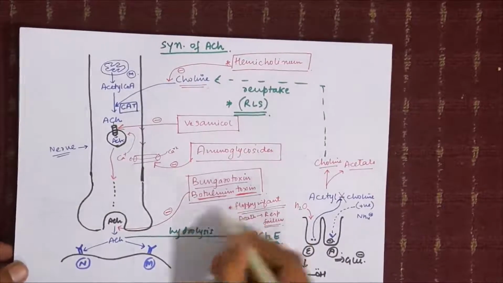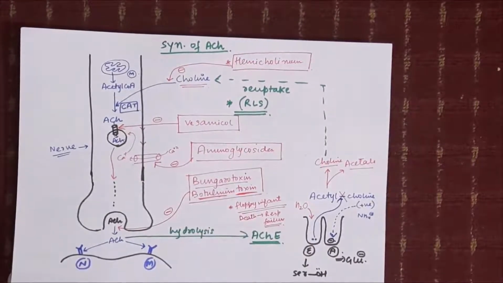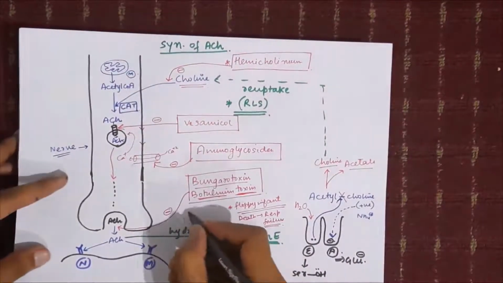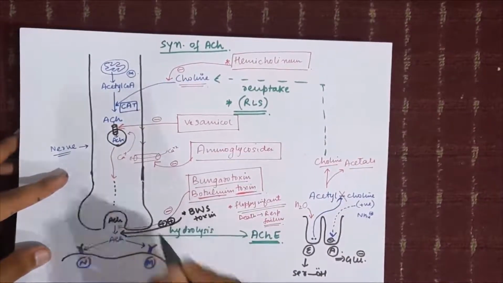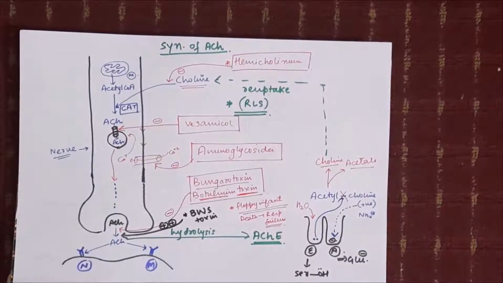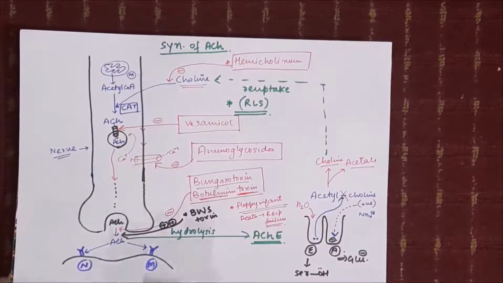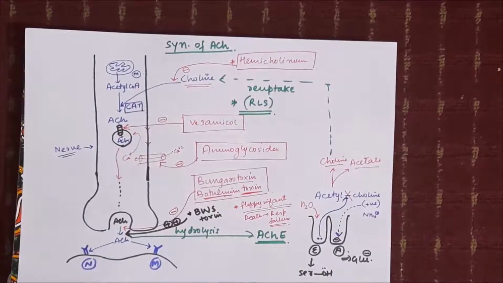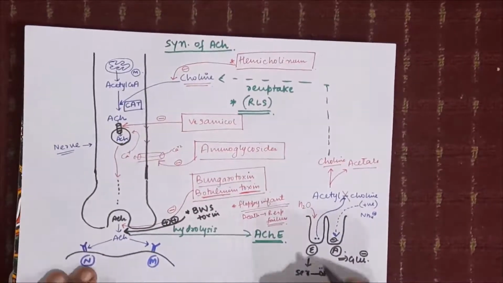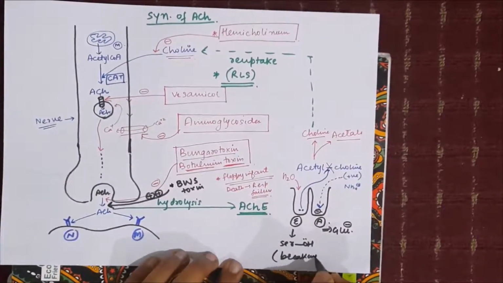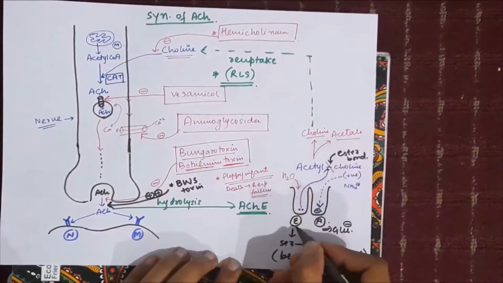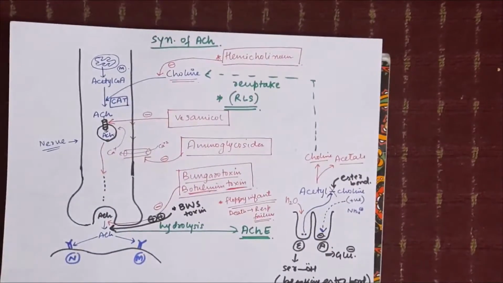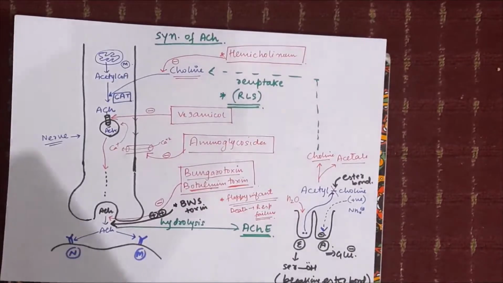Botulinum toxin has therapeutic use as Botox. It is used for migraine prophylaxis, and since it inhibits the release of acetylcholine, it can be used in cosmetology to reduce wrinkles present on the face. Another toxin, called black widow spider toxin, rapidly increases the release of acetylcholine into the synapse and eventually causes depletion of the neurotransmitter. So these are various drugs which act on synthesis and release of acetylcholine. And this site, the esteratic site, is called the esteratic site because it is responsible for breaking